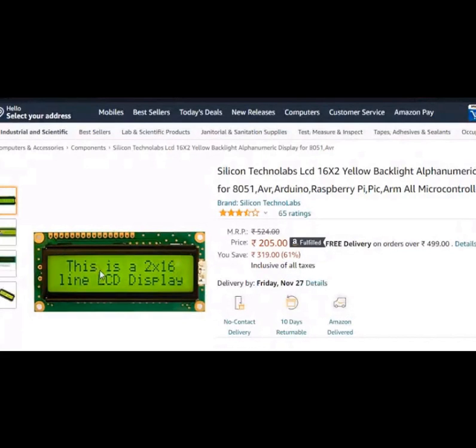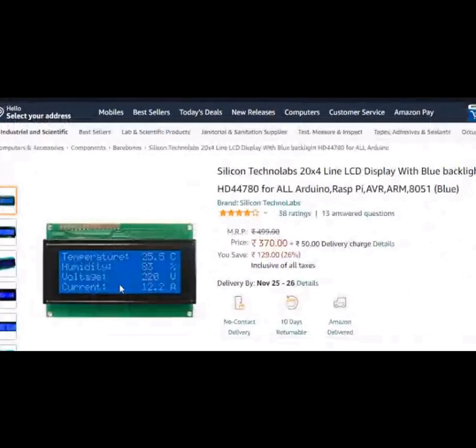So whenever you have an application where you don't want to display more than 2 lines, then you can go for this kind of display. Suppose I want to display 3 lines, maybe voltage is this much, current is this much, power is this much, or temperature is this much, then we should go for another kind of display, that is a 4x16. This is also LCD. You see there are 4 lines of 16 characters. In some companies they are giving more than 16 characters also, 20, 25 characters also.